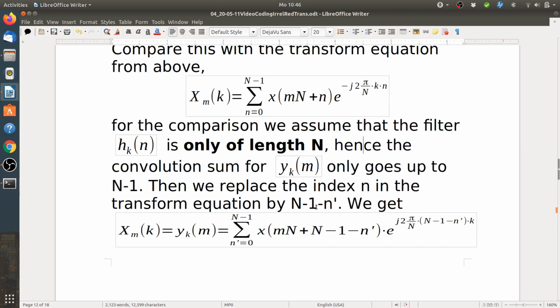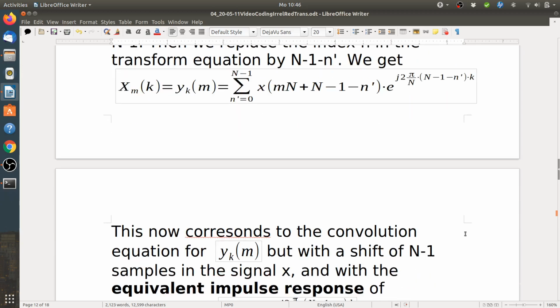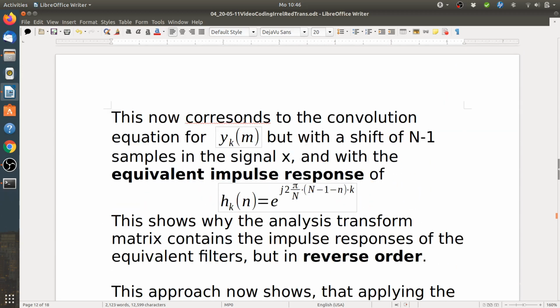Through this substitution, it's also negative again. Then we just have this offset of plus n-1, but that doesn't really make a difference. And then we get this transform kernel also with the index substitution here. Now we can really see that this must be identical to this hk. So this now corresponds to the convolution equation